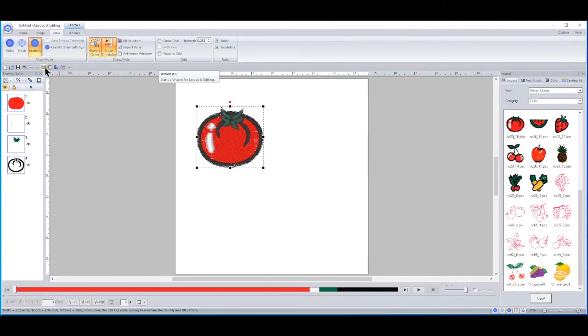Something very important to remember is these 3 icons right here. So this is realistic view. If I turn it to stitch view, it didn't really change it a lot. If you put it on solid view, this was a great design to do this with. But let's say,